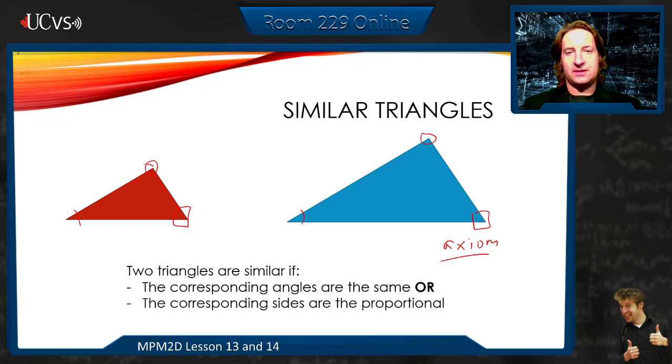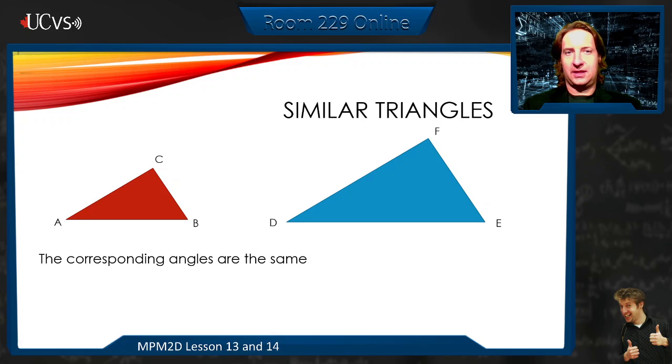Another rule that we have to follow is that the corresponding sides are proportional. That was a little bit more complicated, so let's take it a little bit more rigorously here. Let's say we have triangle ABC and a triangle DEF. If we say that angle A is equal to angle D, angle B is equal to angle E, angle C is equal to angle F, then we can say that therefore triangle ABC is similar